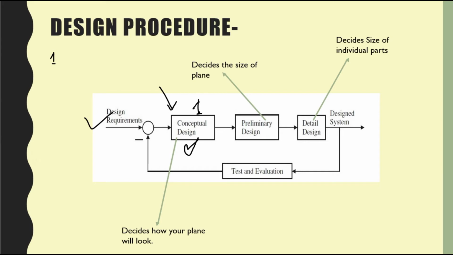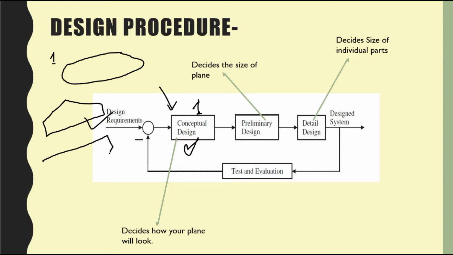Conceptual design. What happens in the conceptual design is you will decide various aspects of the outlook of your aircraft. Why outlook? What I mean is the type of wing you're going to have. Would you be having elliptical wings that look like this? Would you be having swept wings? Or would you be having tapered wings? Or would you prefer an aircraft with a high wing, low wing, mid wing, etc.? These things will be